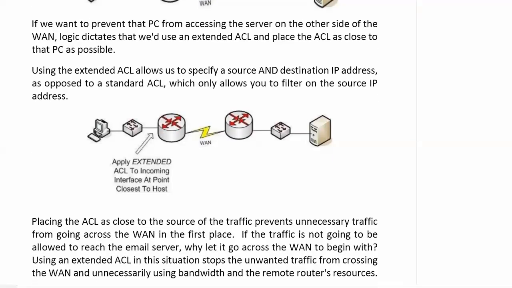And placing the ACL as close to the source of the traffic prevents unnecessary traffic from going across the WAN, but in any network, it just prevents it from being handled when it can't get to its final destination anyway. In this situation, if you don't want the traffic going to that server, why let it go across the WAN to begin with, and then kill it on the other side? Using an extended ACL here stops the unwanted traffic from crossing the WAN and unnecessarily using bandwidth and the